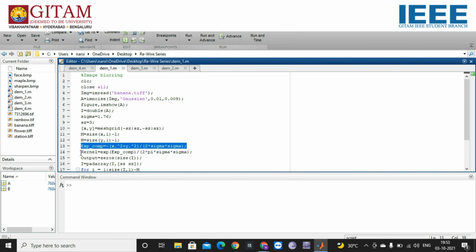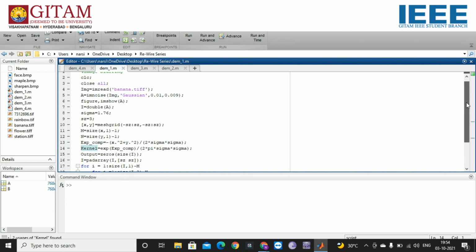And the formula for the kernel will be taking this exponential component which we have generated in the previous line. Then considering that, we will be getting e power minus x square plus y square by 2 sigma square, divided by 2 pi sigma square, which will be the whole formula for the Gaussian random variable.